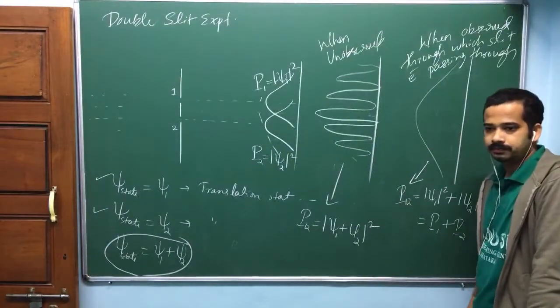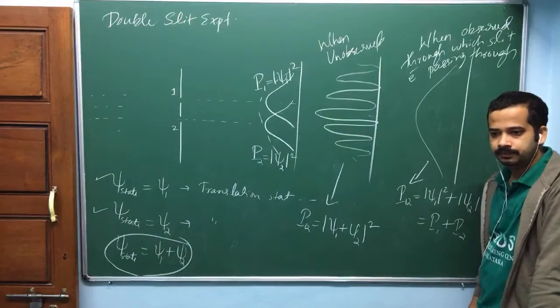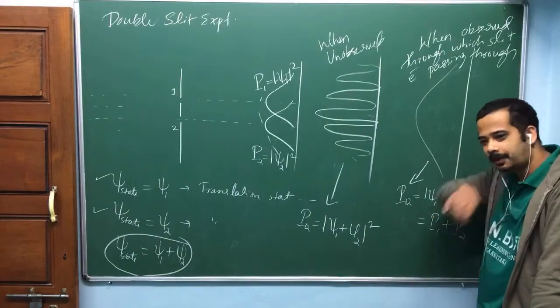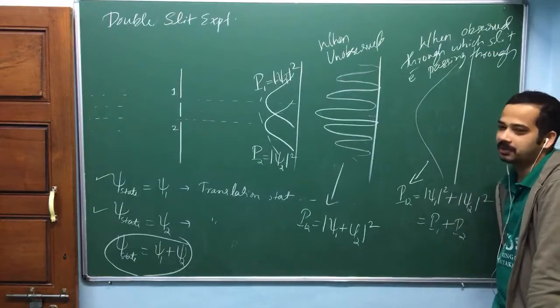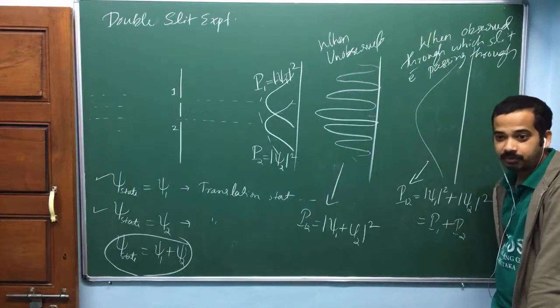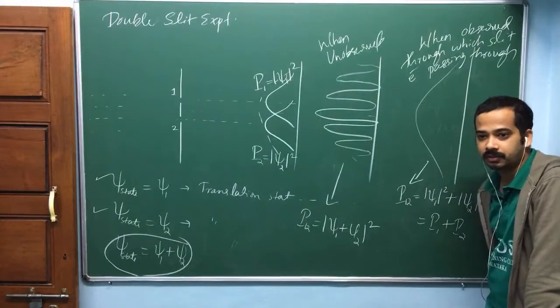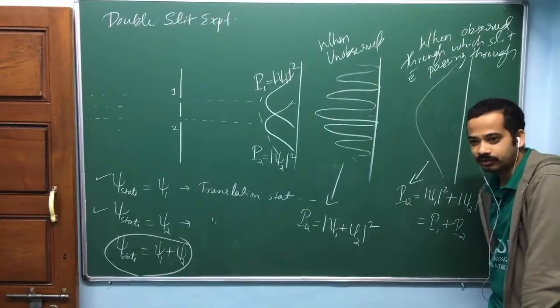Anjulan said, if we observe the system without disturbing it, the pattern would still be the same. How do you observe the system without disturbing the system? I will come to that point. It is impossible to observe the system without disturbing the system. This leads to the new theory, remember.